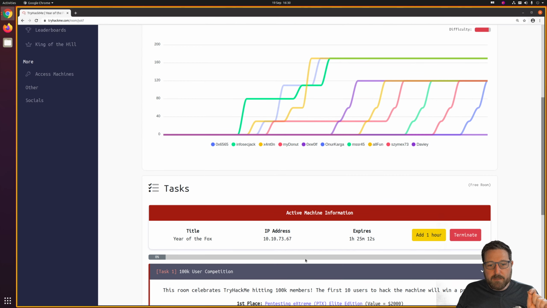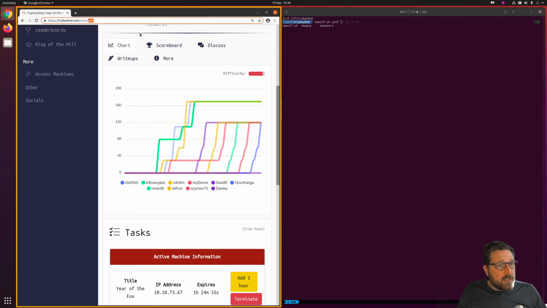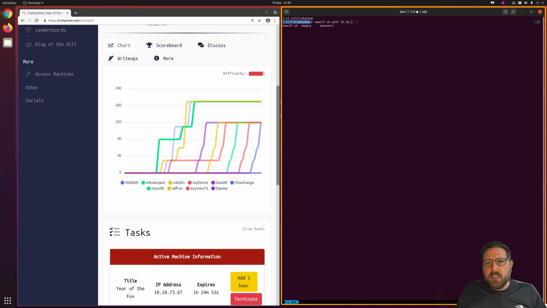Let's see how hard. The first thing I need to do is copy the IP address, and we'll jump to the terminal. What I'm going to do is make a new play area. So I'm going to jump into CTF TryHackMe, and run my nifty new CTF script, and I'm going to call it YOTF because that's what the room's called here. And I'm going to give it the IP address